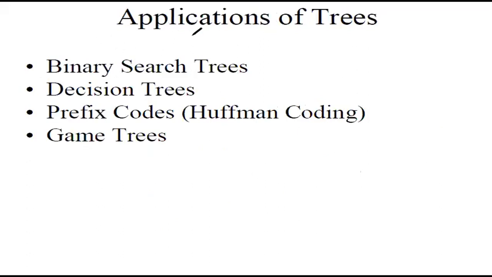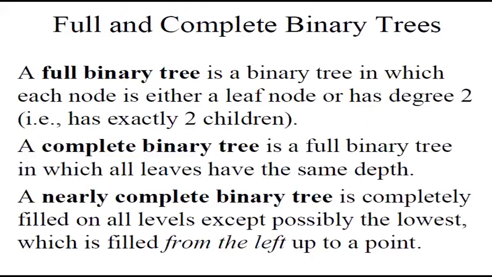Now the next topic is applications of trees. We have 4 subtopics, that is basically where trees are used in computer science. They are used for binary searching, decision trees, then we have prefix codes, and game trees. Now first and foremost, binary trees. A full binary tree is a binary tree in which each node is either a leaf node or has degree 2, that is, has exactly 2 children. A complete binary tree is a full binary tree in which all leaves have the same depth, and a nearly complete binary tree is completely filled on all levels except possibly the lowest, which is filled from the left up